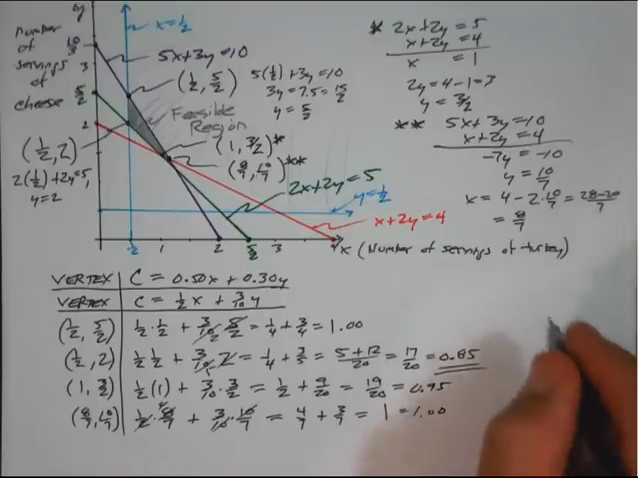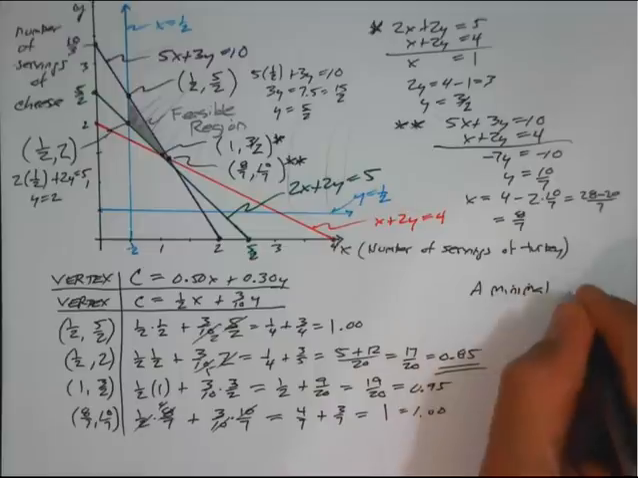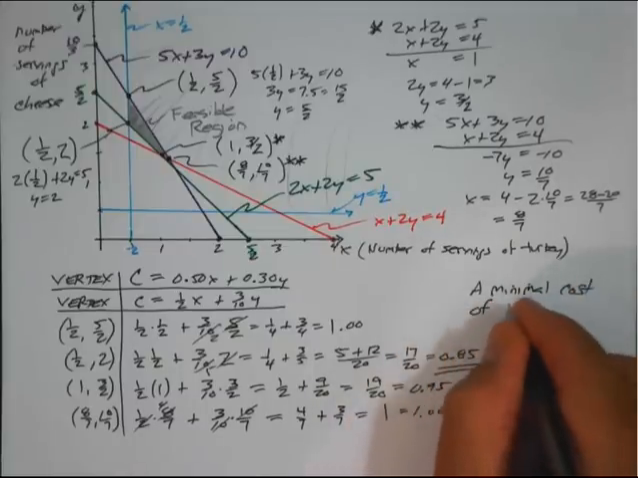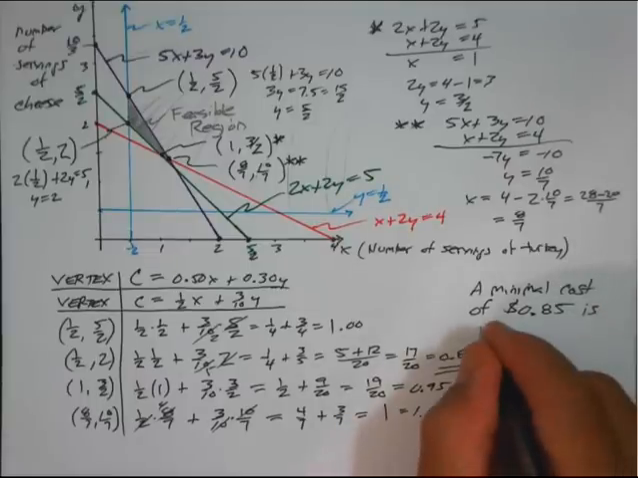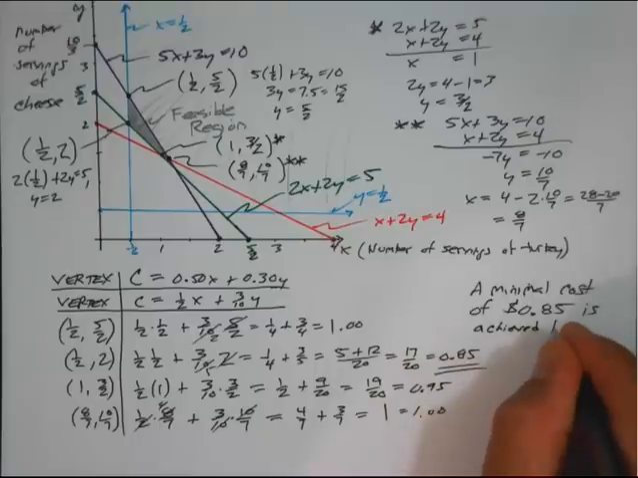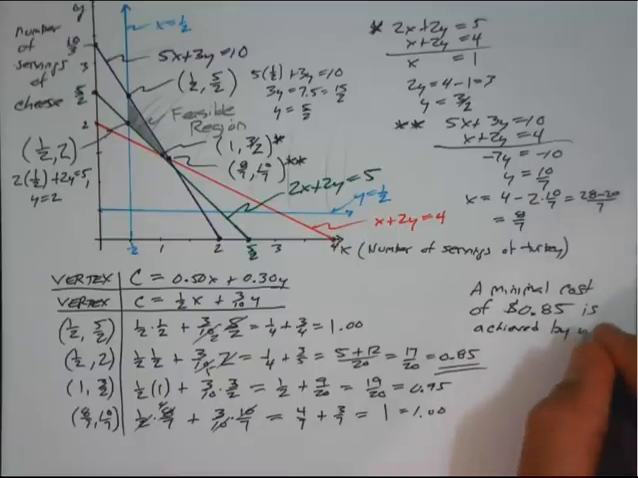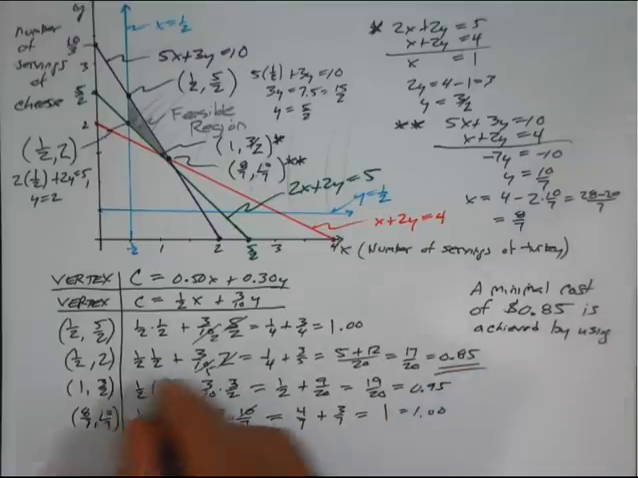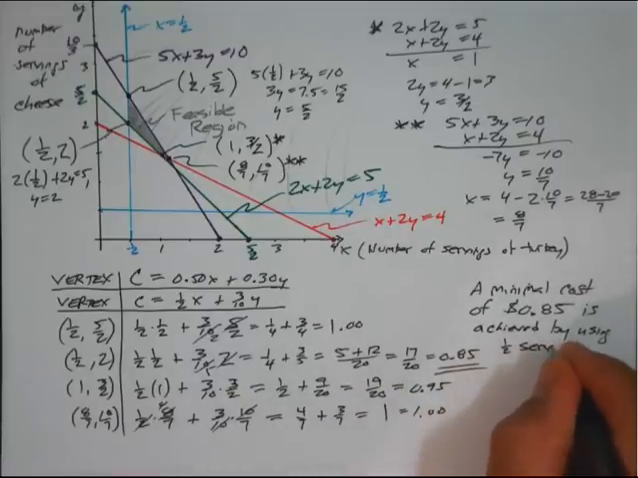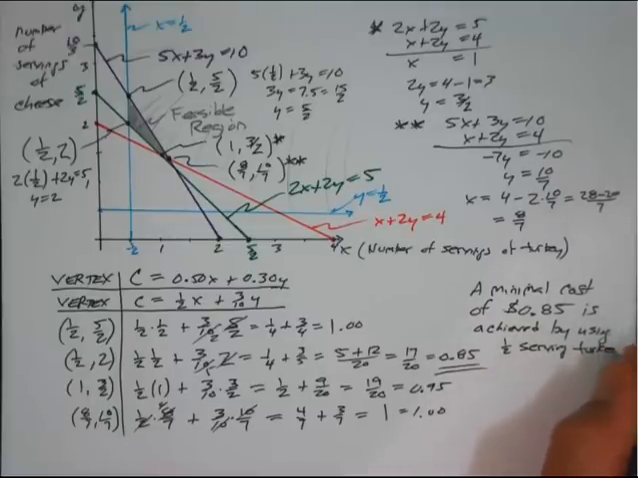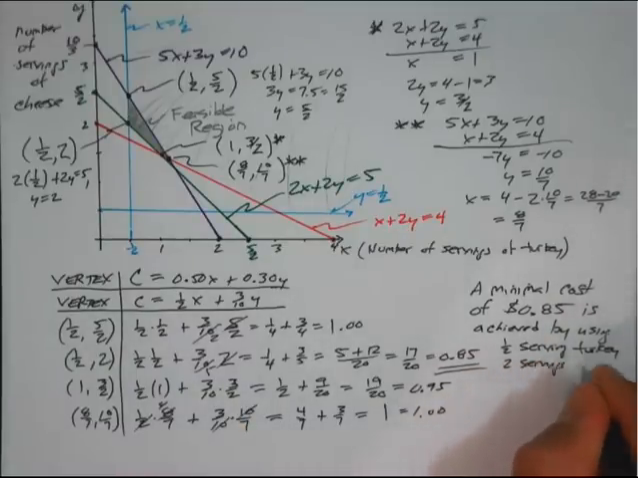Okay, time for a conclusion, and that's that we seem to be able to claim that a minimal cost of 85 cents, can write it like this, is achieved by, okay, now we may have some conversion to do here. Initially we can say, using, now what is this? These are servings, right? 1/2 serving of turkey, and the 2 is the number of servings of cheese. 2 servings cheese,